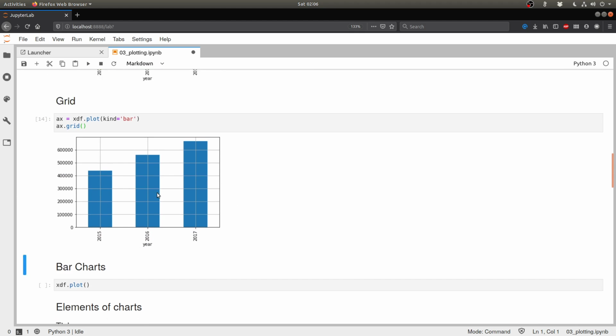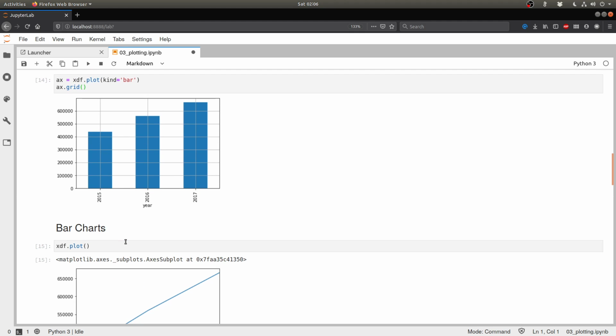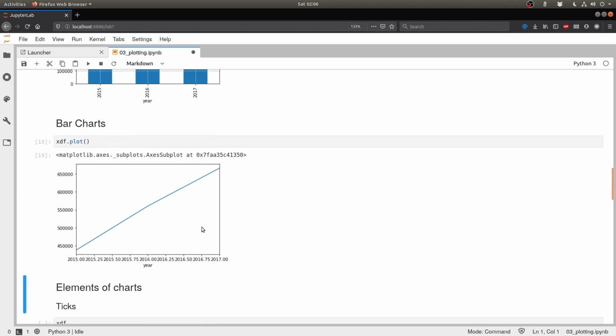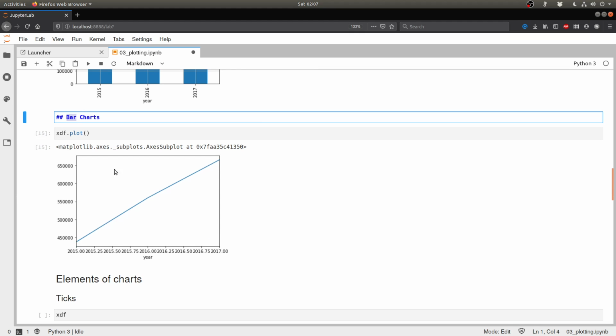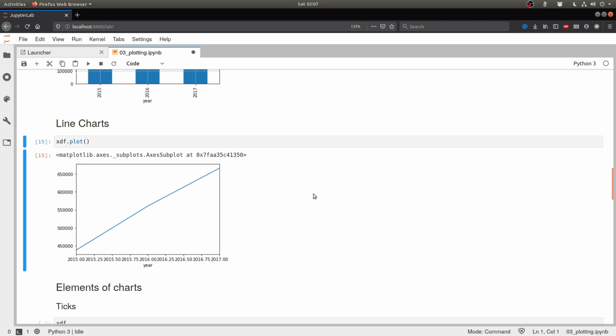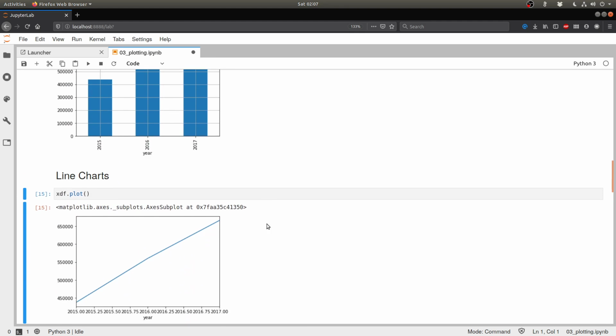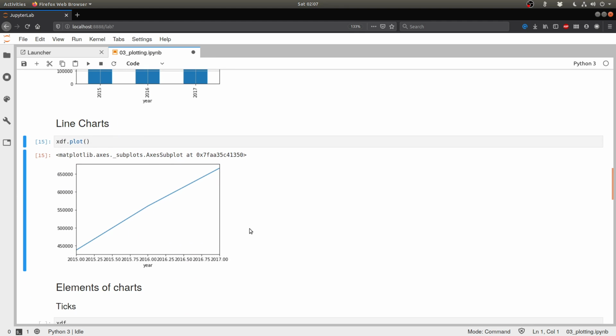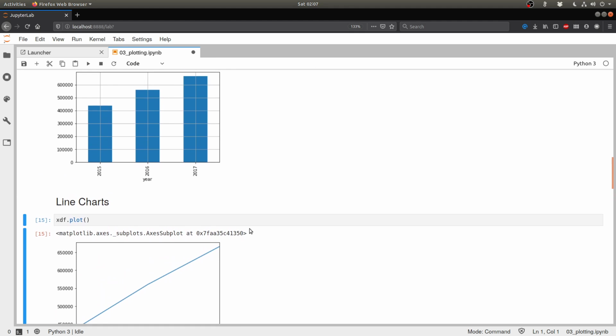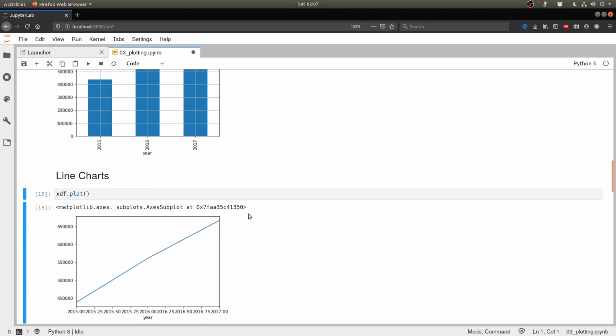So these are basically the types of charts. Bar charts is there, and the next type of charts is line charts. Essentially, this is wrong. This should be line charts. Yeah, we have already seen what a bar chart is. Now the other type of chart is a line chart. Actually, if you think about it, it's basically the same information which is being plotted in different ways, but you see how different it looks and how unusable this line chart is.